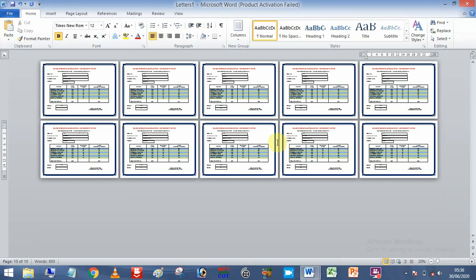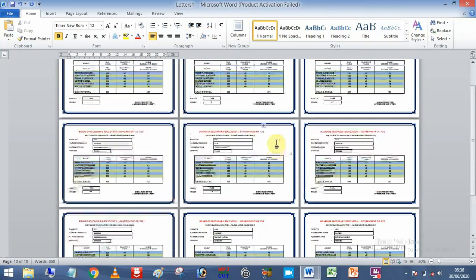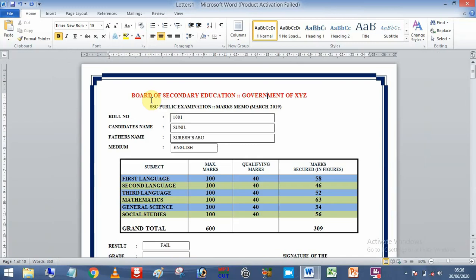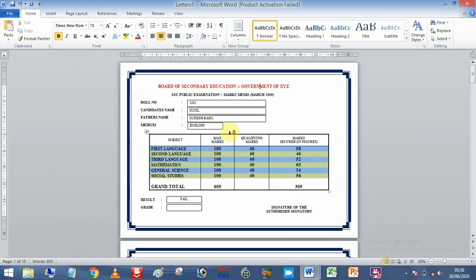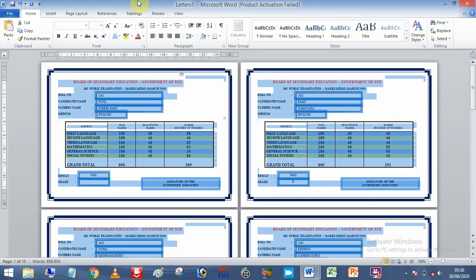So you can see completely the 10 documents here. But you are thinking about where the photograph is. Don't worry about that. You can see the photograph with a simple click here. Just press Control A to select the complete document.